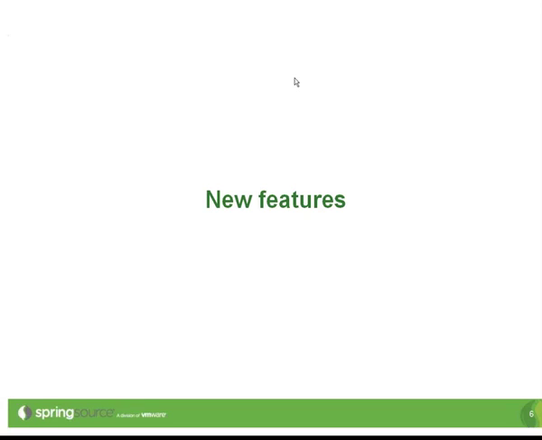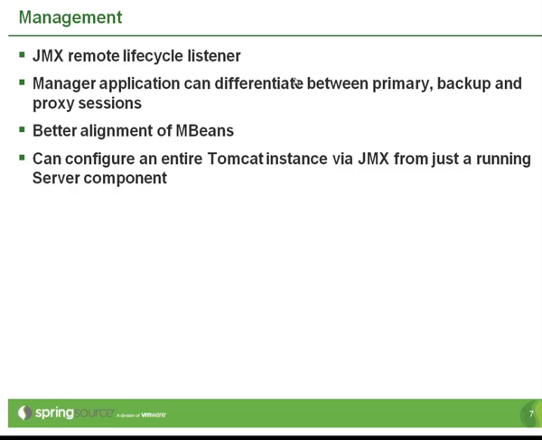So let's look at some of the new features in Tomcat 7 then, and all of these aren't part of the spec, they're Tomcat specific. First of all, there's the JMX Remote Lifecycle Listener. What that lets you do is when you want to manage Tomcat via JMX, it's all well and good when you're doing it on your local development machine, but in production there tends to be firewalls all over the place,